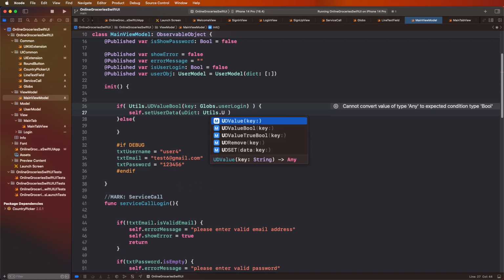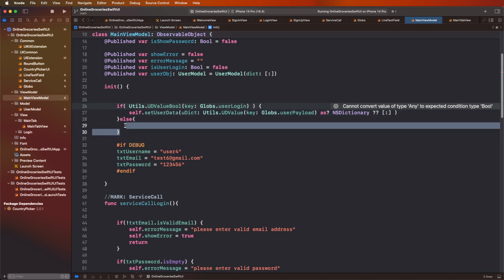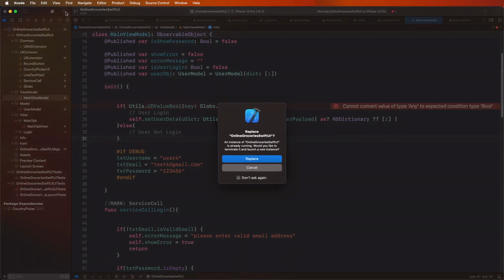Retrieve data inside the storage, to retrieve set the data dot user payload to send to get here. Pass this. Now need to and to write down here user login or login, set here the flag. Now need to run again,